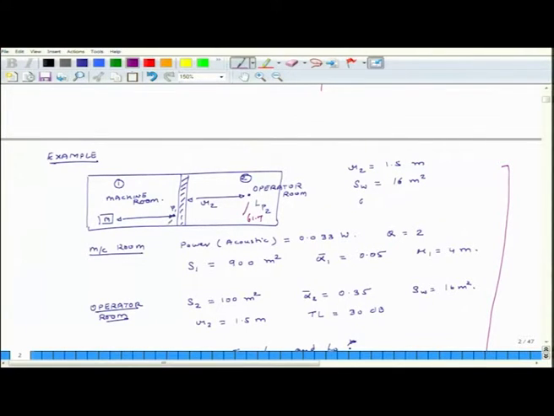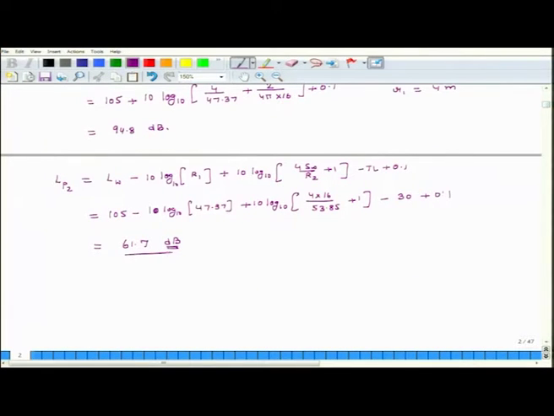dB, and here it is how much? 94.8. Now, understand this. From 94.8 to 61.7, most of this reduction in sound pressure level is happening because of this factor, because of transmission loss. So, what is the difference between 94.8 and 61.7? 94.8 minus 61.7 equals